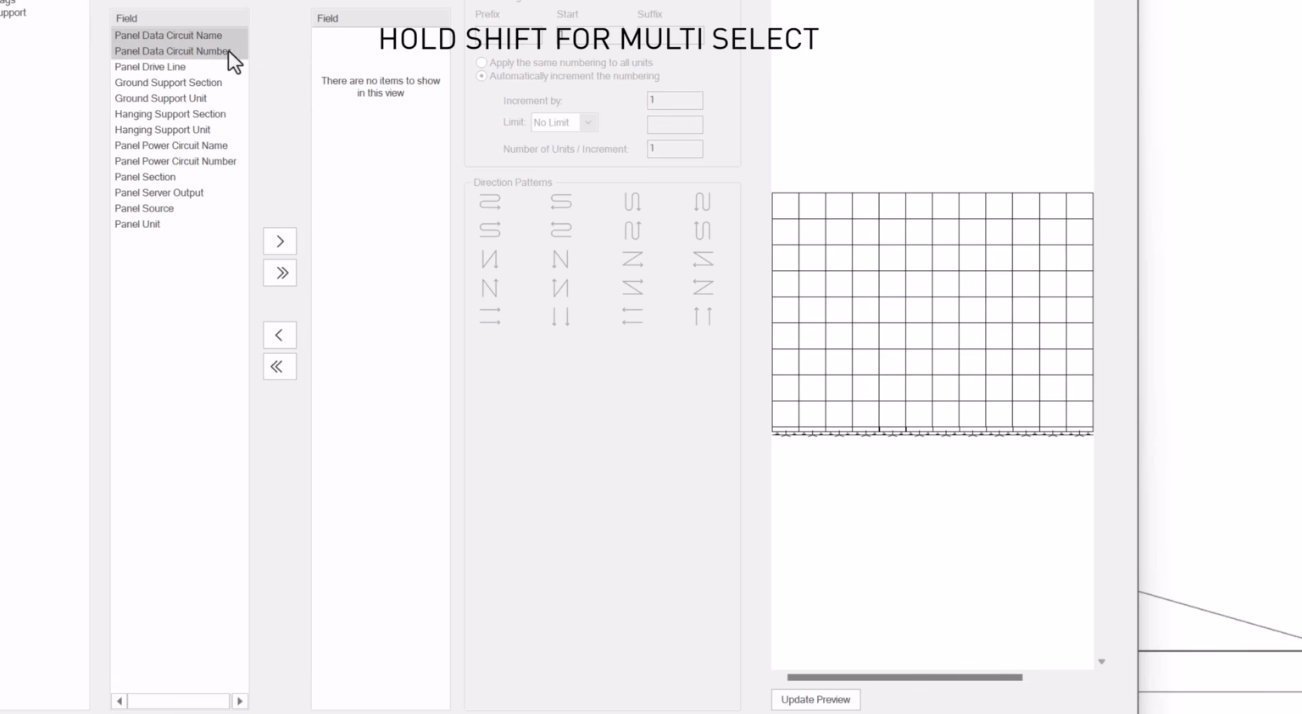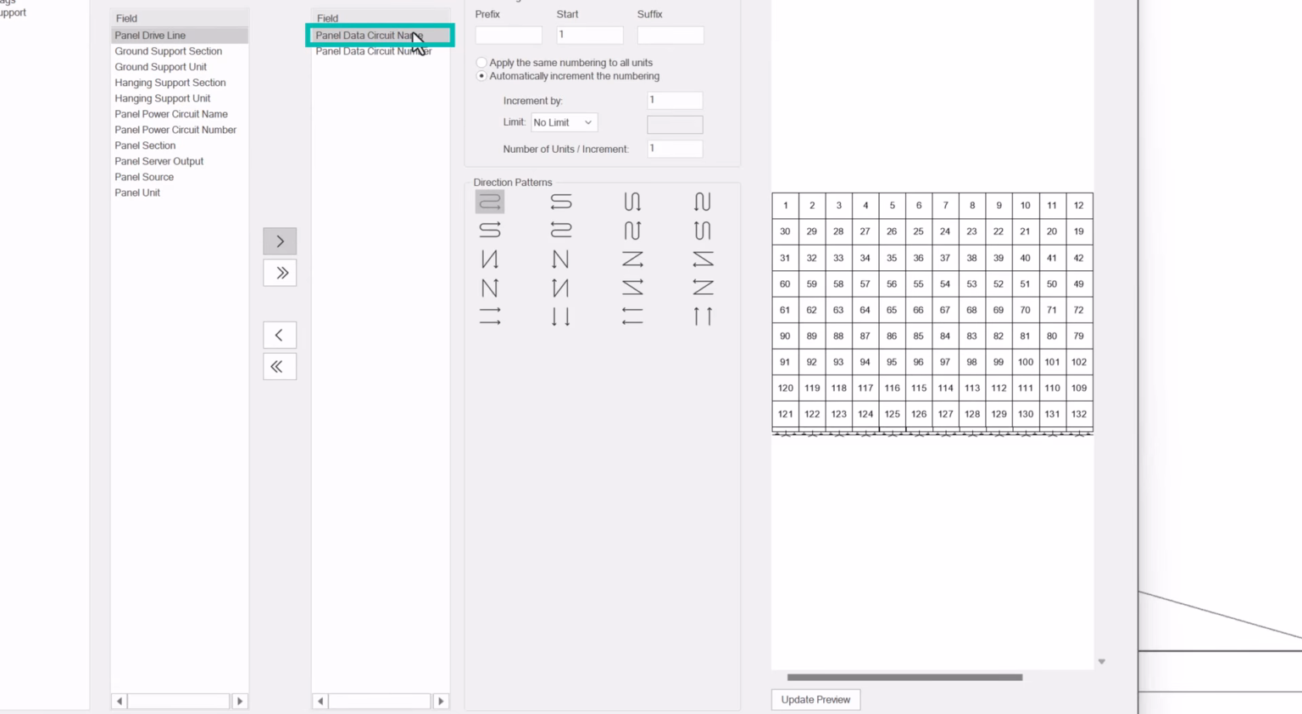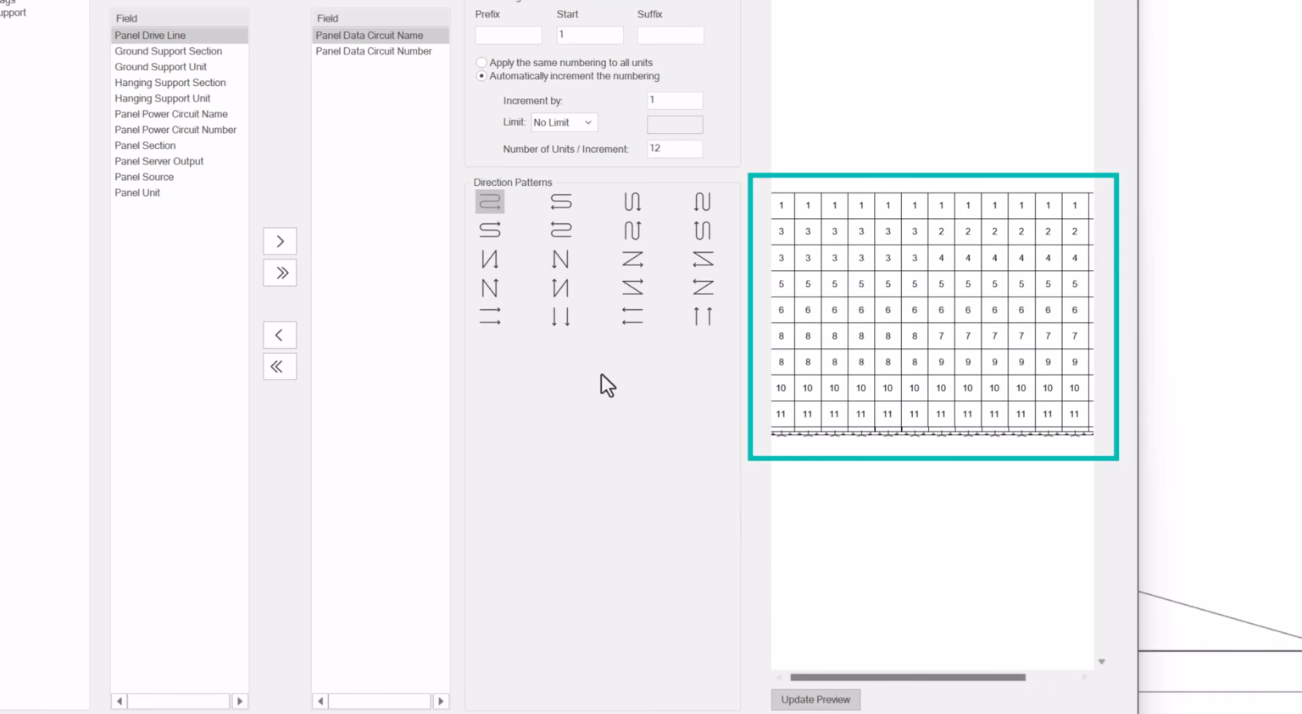Let's use creating a data cable chain to see how this works. First, select the data circuit name parameter in the Use Field column. Set the start to 1 and enter 12 into the number of units/increment field. Leave the other settings at the default values, including the direction pattern. Hit Update Preview. This splits the panels into groups of 12, snaking backwards and forwards across the wall, from top